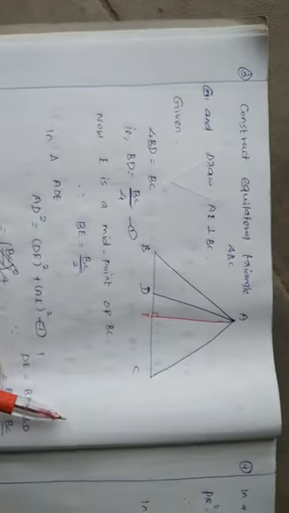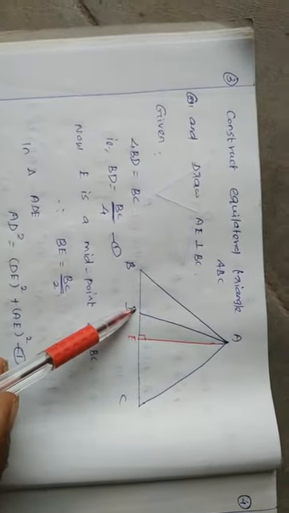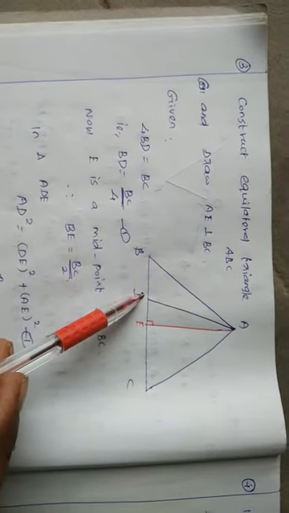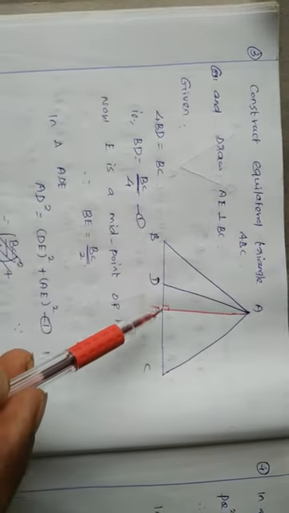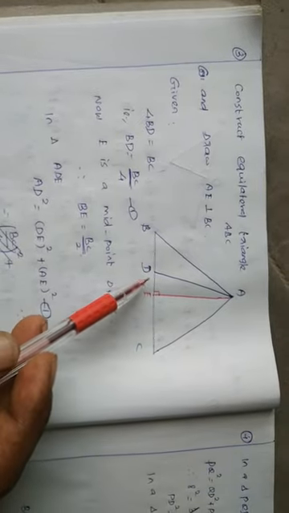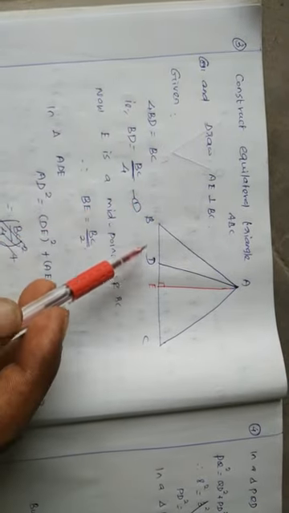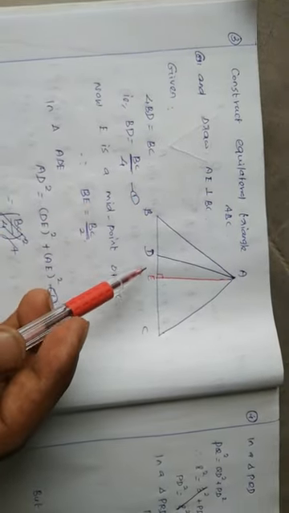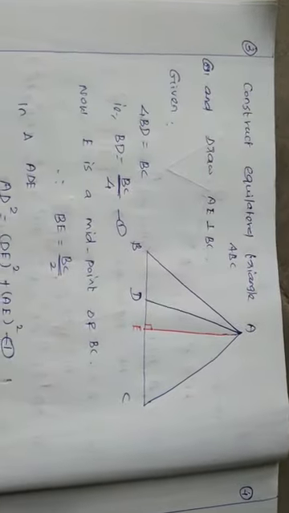Construct an equilateral triangle. In this equilateral triangle problem, D is any one point, and it's also given the relation 4BD equals BC. So definitely which one is bigger? BC. So D is definitely on the left side, no? So what is the relation given? That relation is just 1:4, like that. So you should also think that D is not a midpoint. Okay, now we are going to use the Pythagoras theorem.